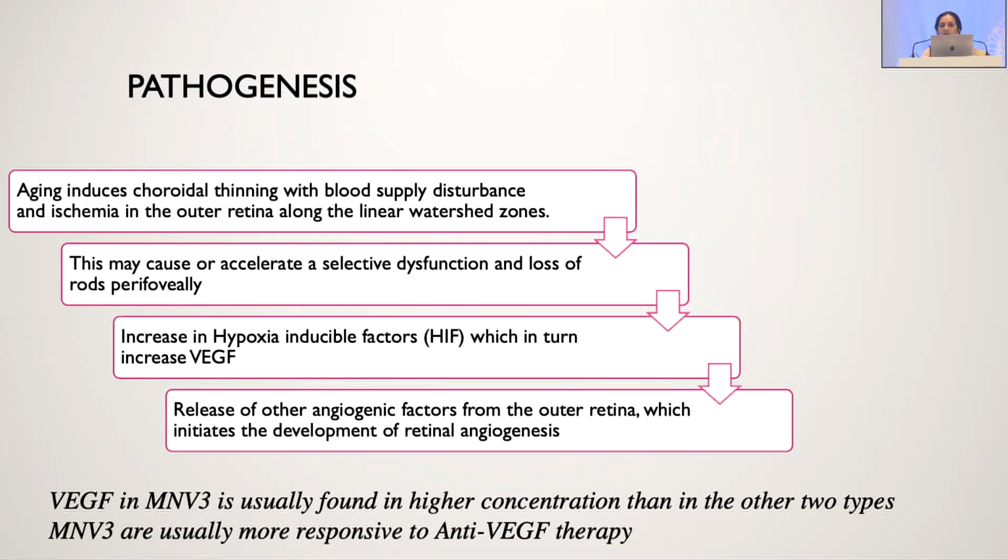So this is the hypothesis for type 3 MNV: aging, thin choroid, hypoxic area, increase in HIF, increase in VEGF, and this VEGF concentration in type 3 MNV is higher as compared to type 1 and type 2, and which is why probably type 3 MNV, if you diagnose, the clinical implication is that they respond very well